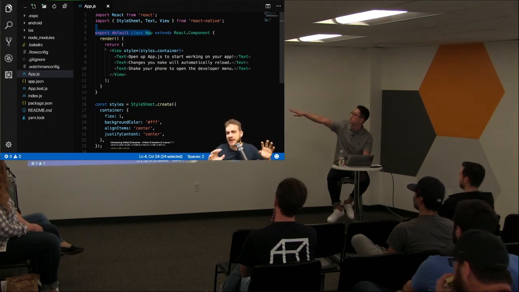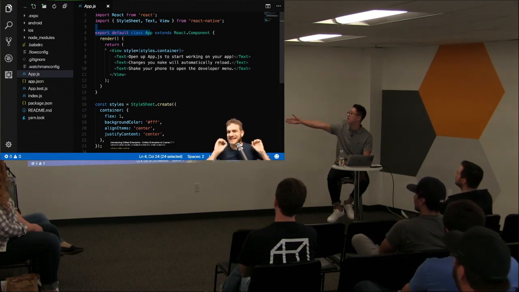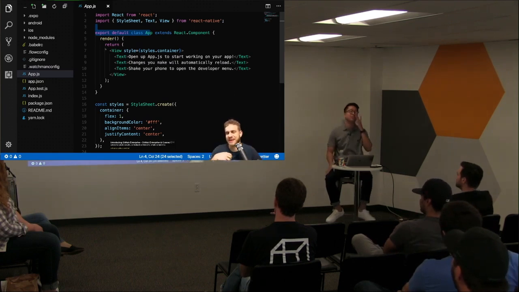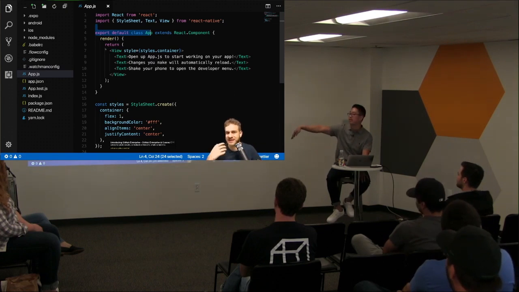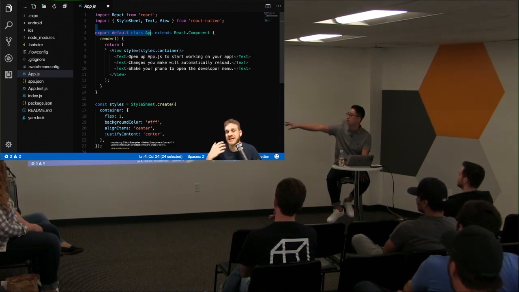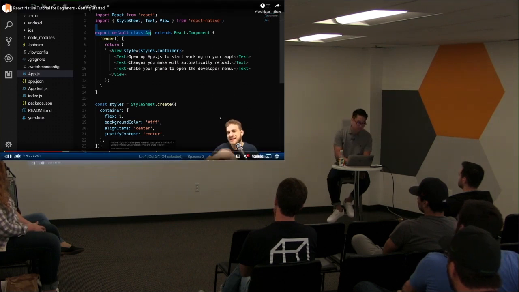You can already tell there's differences like View as opposed to div. Same with styling. It looks like CSS, but it's not actually CSS. You're importing a style sheet built custom by React Native. You're creating this style object and attributing these properties, but it's not CSS. It's custom built in by React Native for styling. The second half of this video,